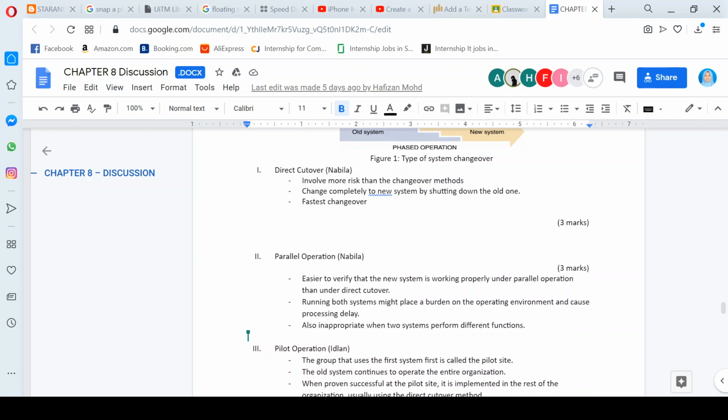Chapter number 8 is about system implementation. So, system implementation is the fourth over 5 phases in the system development life cycle. So, kita tahu yang dekat dalam SDLC, kita ada 5 fasa. Okay, so implementation ni adalah fasa yang keempat daripada kelima fasa. Fasa yang ada 5 tadi. So which is in the video,